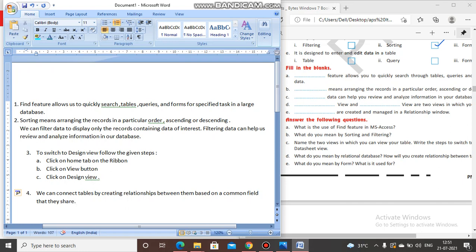Okay, we can connect tables by creating relationships between them based on a common field that they share.